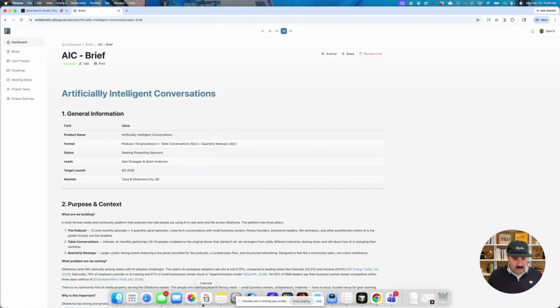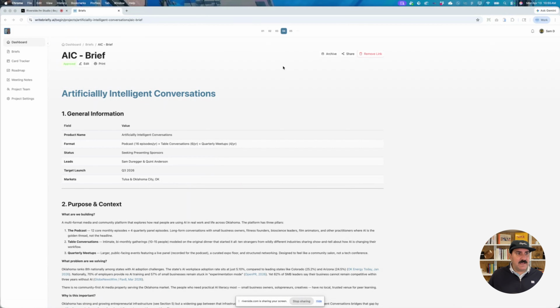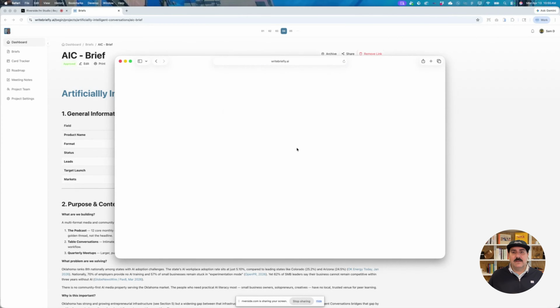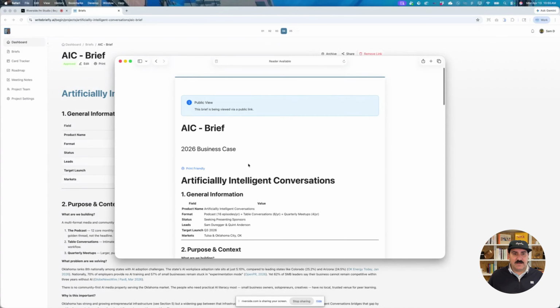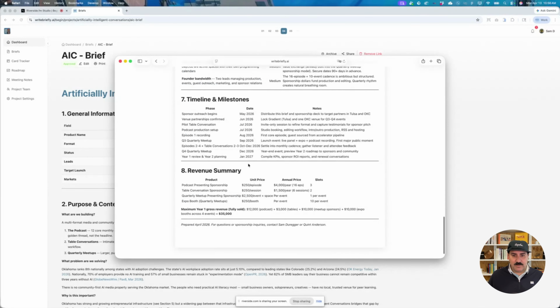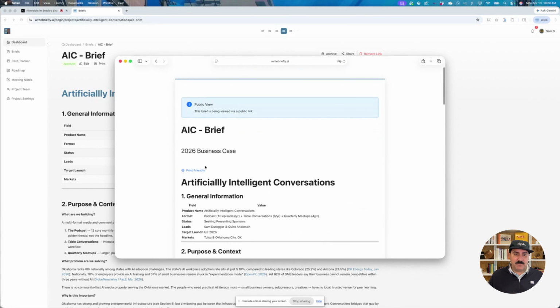So let me really quickly pull up a Safari tab here, not a Chrome. I'll enter that. So I'm not logged in to this account at all. And you'll see that I've got a public view of this brief in the format that we built. So again, this is the public brief. We got a print-friendly version as well. And then people can read it, print it out, talk through it, do what they need to do with that